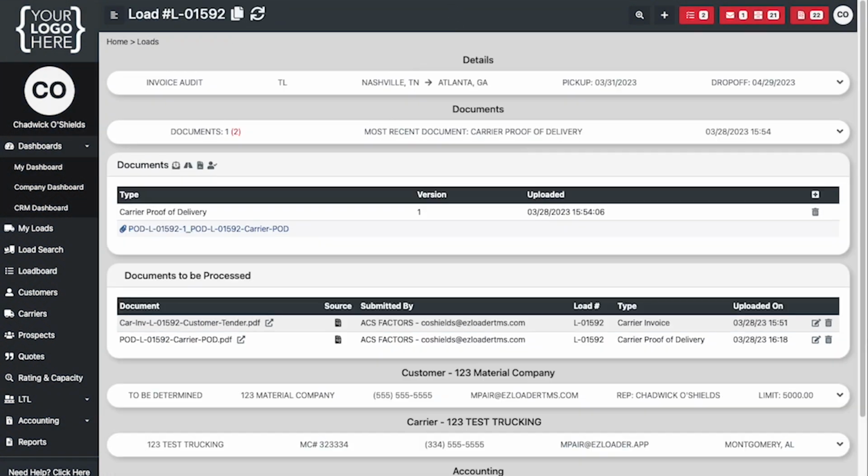For example, navigating to this load profile, you will see I have one carrier proof of delivery that has been processed. It lives in the document section. But you will also see I have two documents yet to be processed. I have a second POD that has yet to be reviewed, processed, and moved into the documents section of the